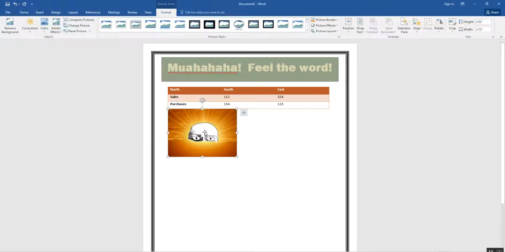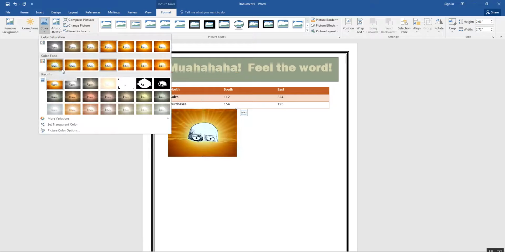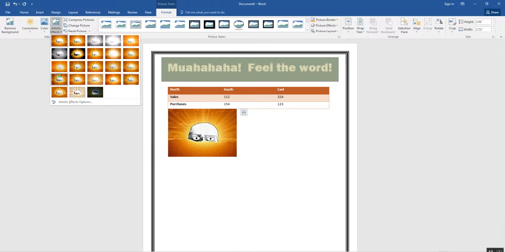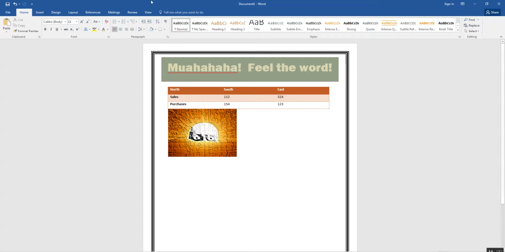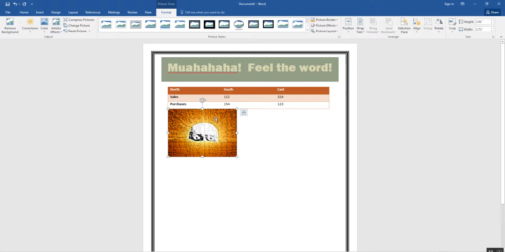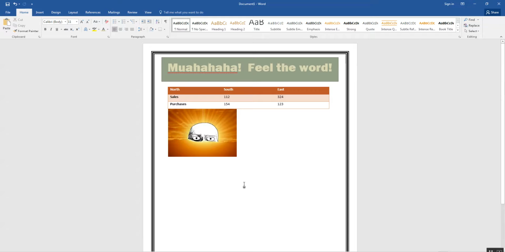But there's also different corrections and colors and artistic effects and stuff that you can get. There we go, that looks nice. But we'll go through a little bit of that as well. There's not a huge amount of extra stuff that you haven't seen, but we can also revert it back to normal. But this is basically the gist of it. Now, I think that should be about